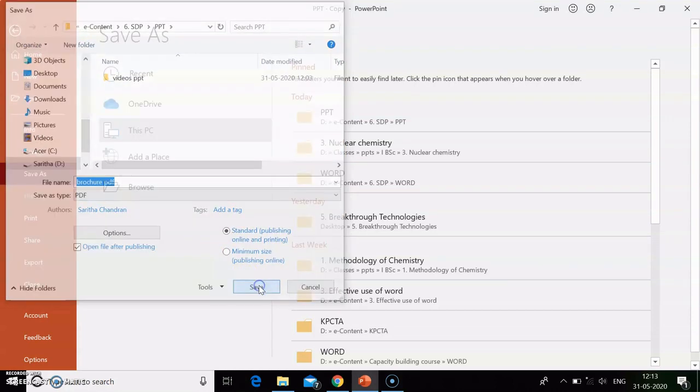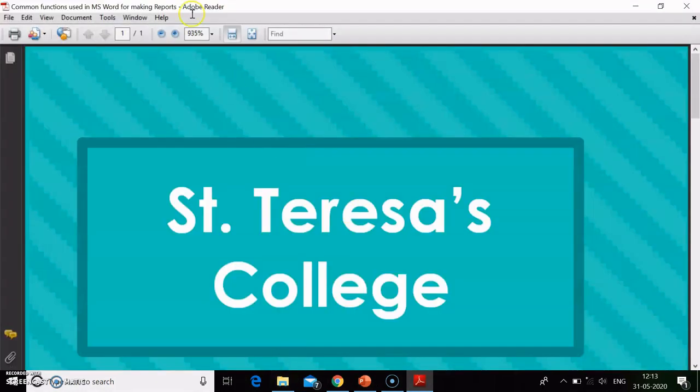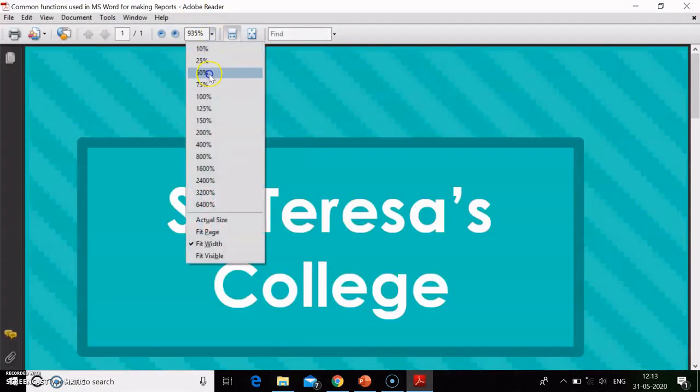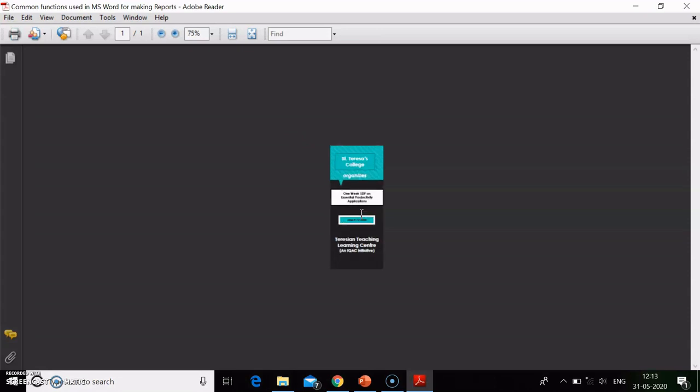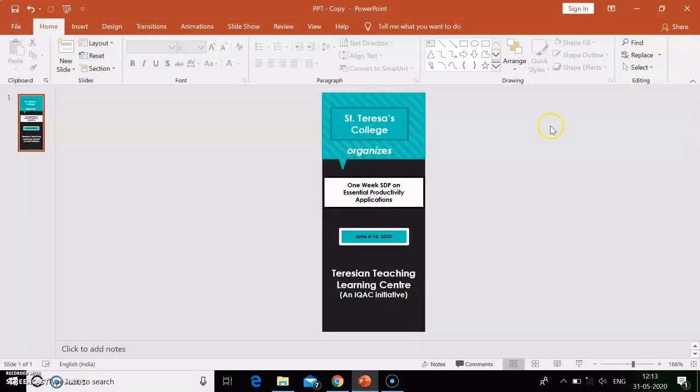Click on Save. So your slide has been converted to a PPT slide now. Sorry, a PDF file now. Now you can try this option when you want to prepare a brochure within no time.